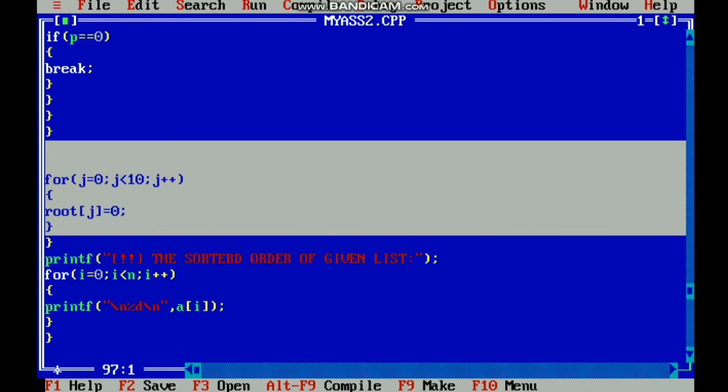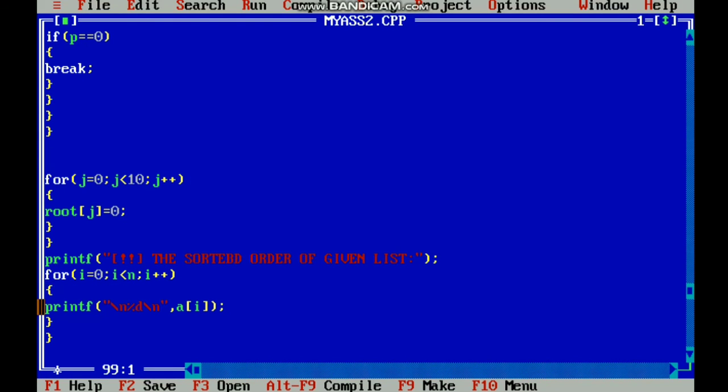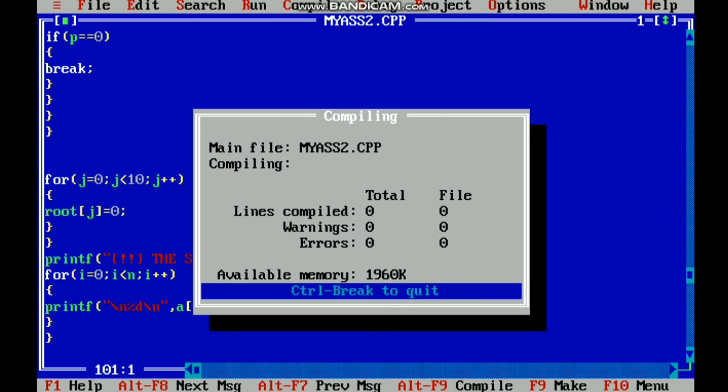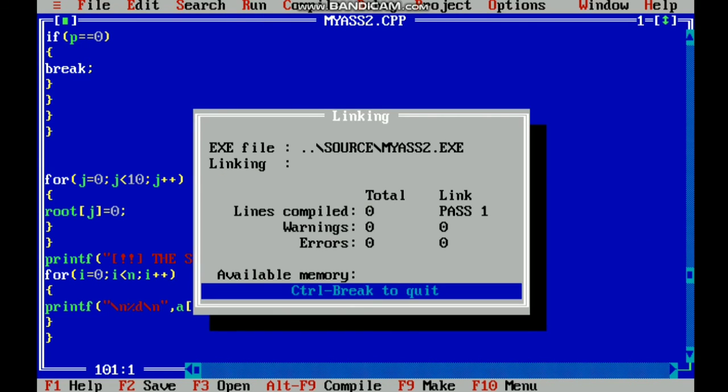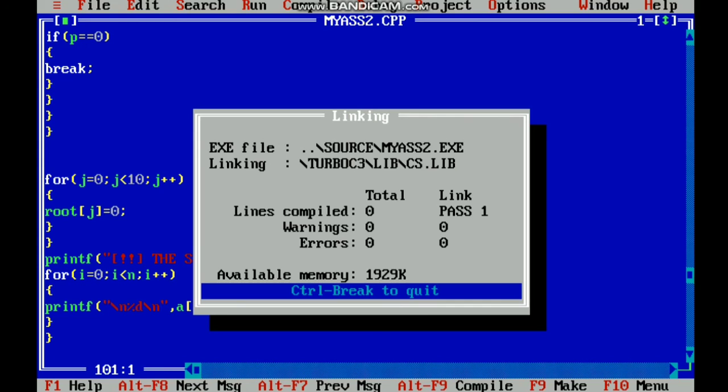Now we are going to compile it and run it. After compilation, we need to run the code. Here the console opens. We need to enter the number of elements to be sorted, that means n. The maximum number of elements which we will provide in the array is 5.